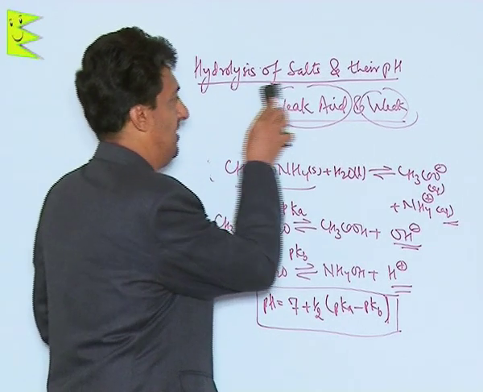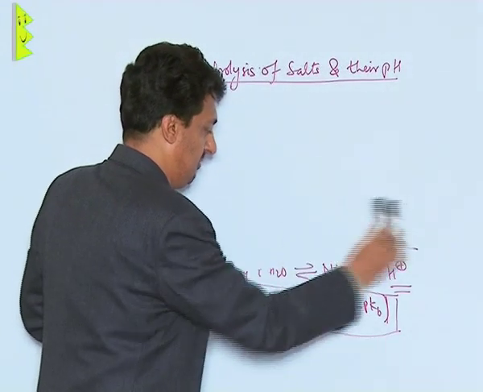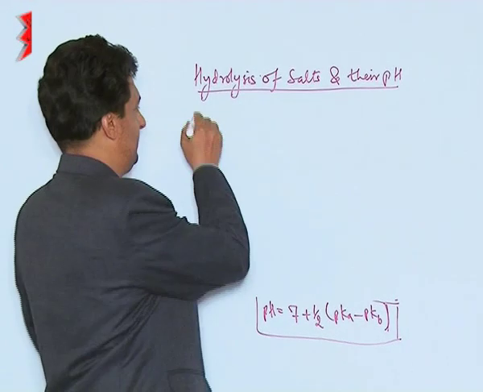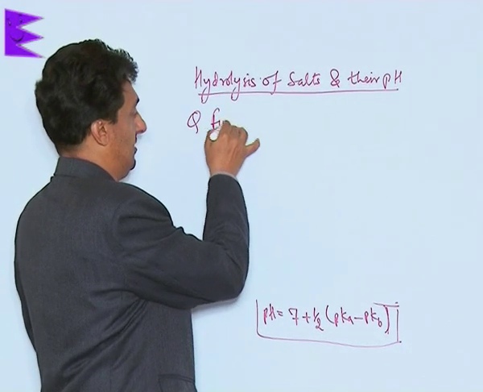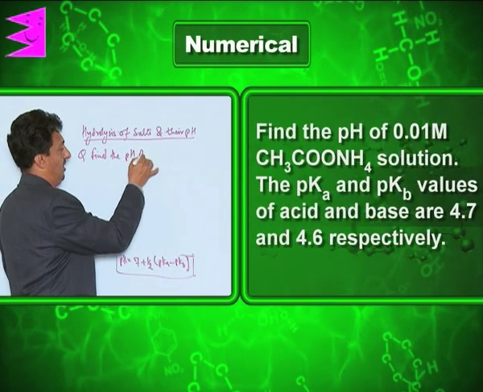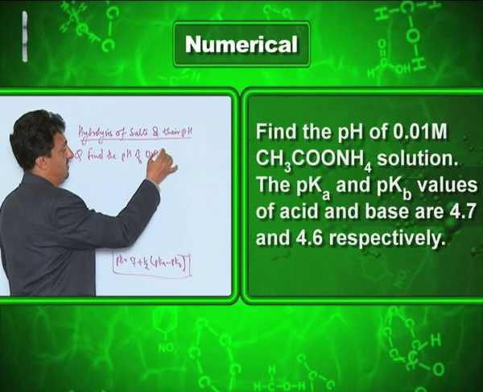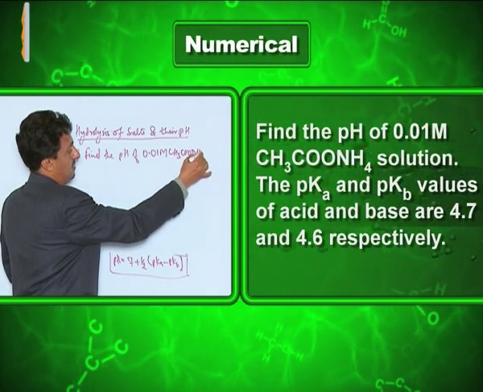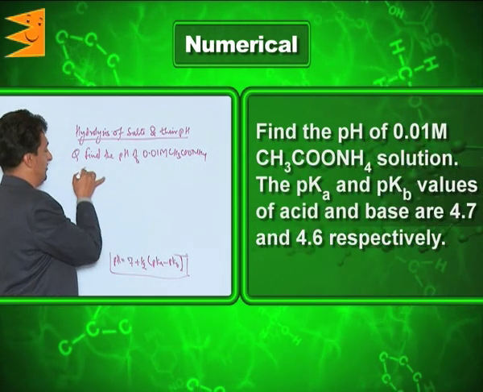Let us do a numerical on this. I'm not rubbing off the formula, it is still written here in order to make you clearly understand this. The question is, find the pH of 0.01 molar ammonium acetate solution,